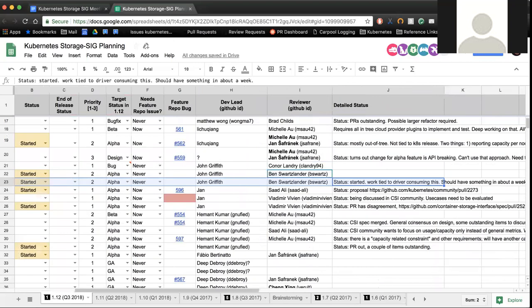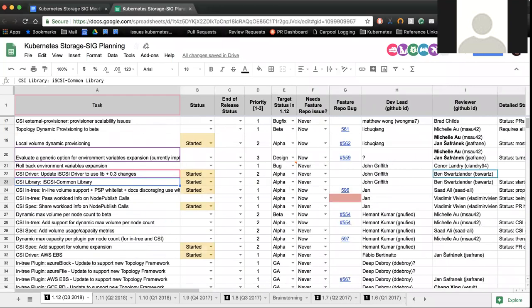Ideally, we want this to be usable by multiple different drivers. So please take a look at that, provide feedback, and see how we can make it usable by multiple different implementations. I know a lot of you have iSCSI-based CSI drivers, so this will save you a lot of time and effort, and we can maintain the common core library as a community.